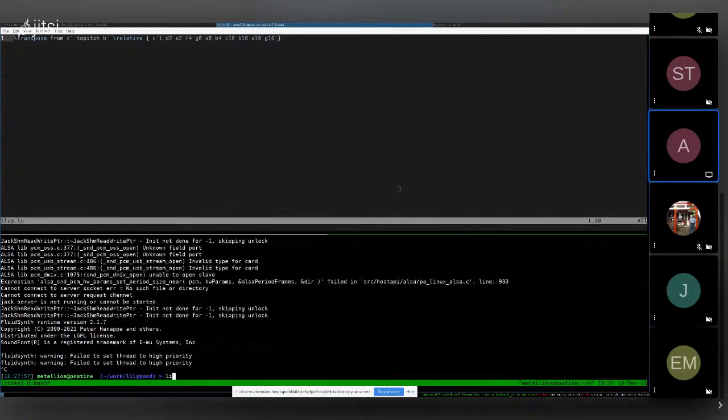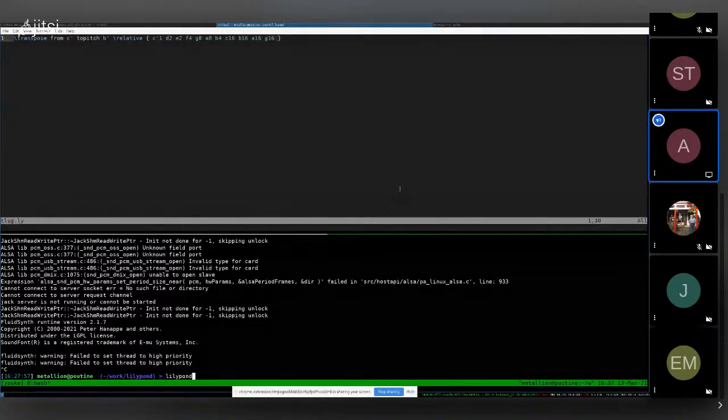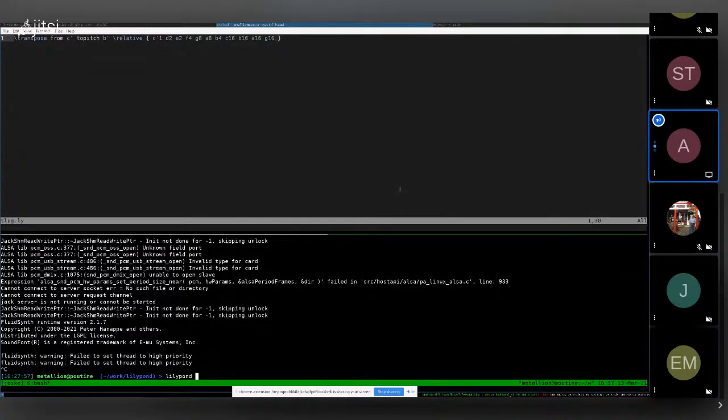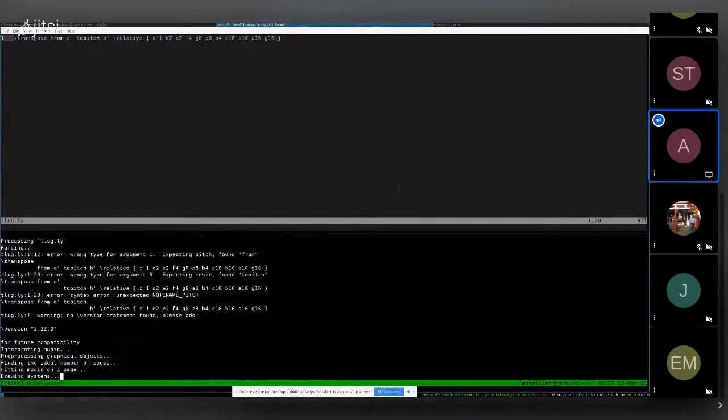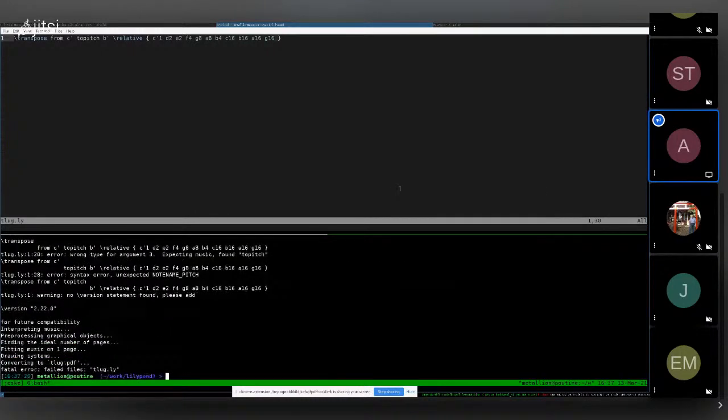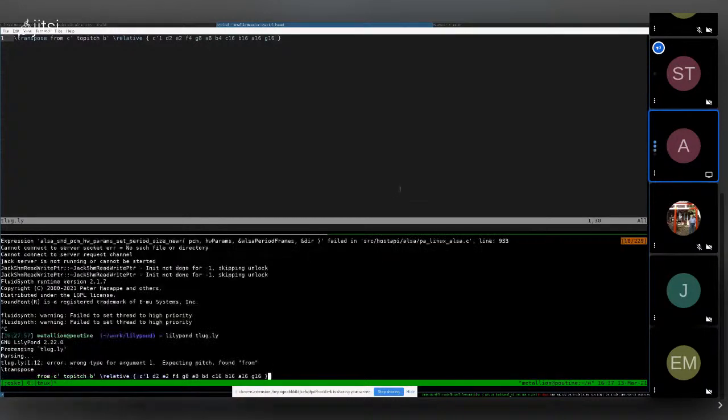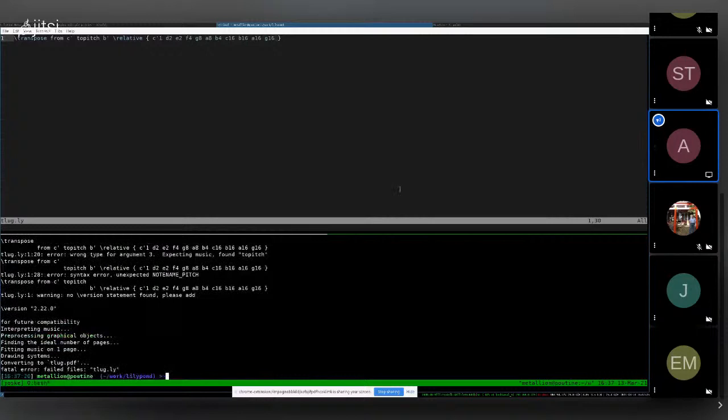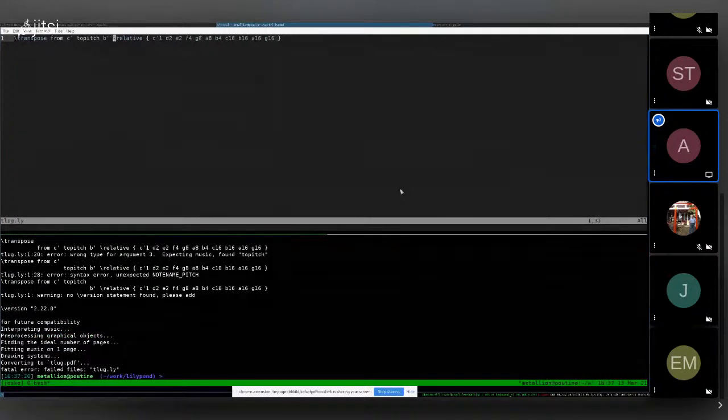How do you do sharps and flats in it, by the way? Wait, let's first try this and then I'll get back to that. I don't know off the top of my head, but I have some in my own music. Yeah, that doesn't look like proper syntax. Do I have to get rid of the relative?